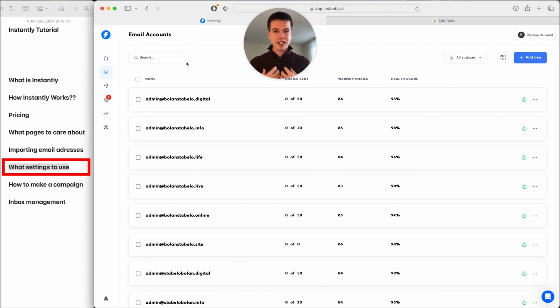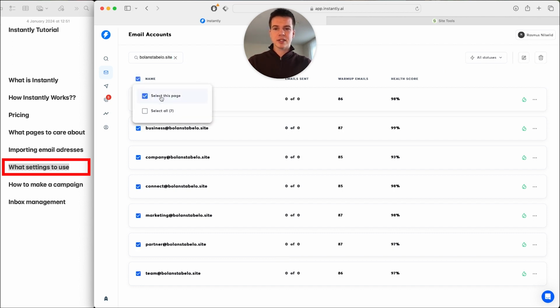So for me, I can't change my custom tracking domain for all 400 email addresses at the same time, but I can change it for 7 email addresses for 1 domain at a time. So what I can do to change my custom tracking domain is I can come up here to search for a certain domain, and then since I have 7 email addresses for each domain, I can just highlight all of